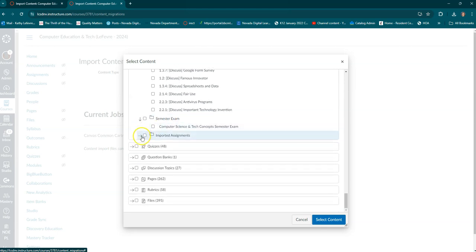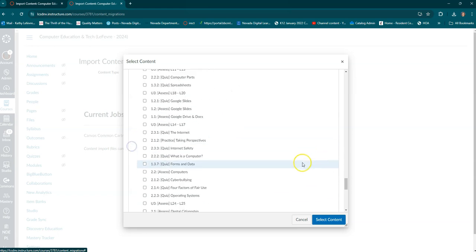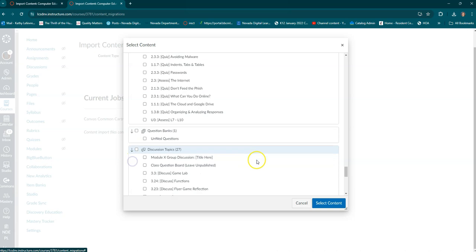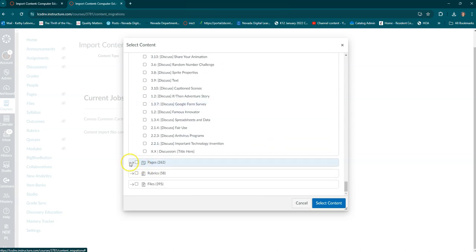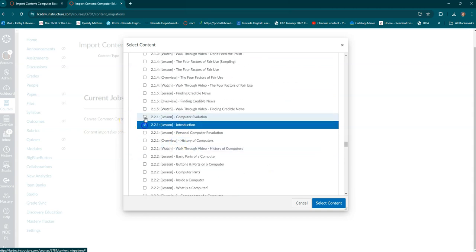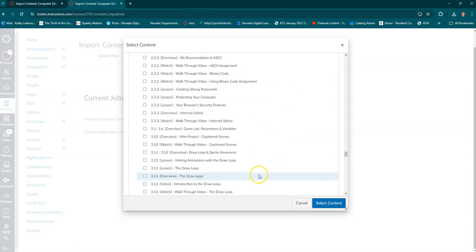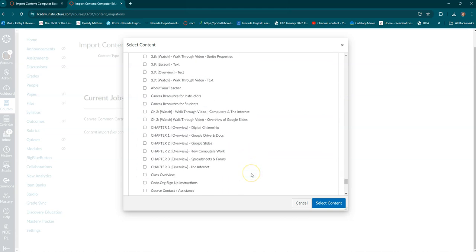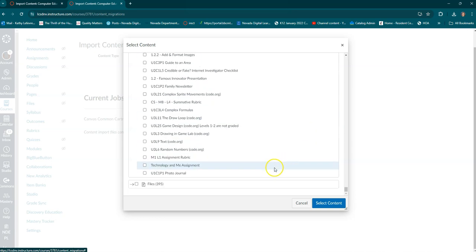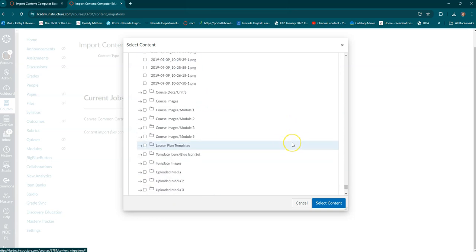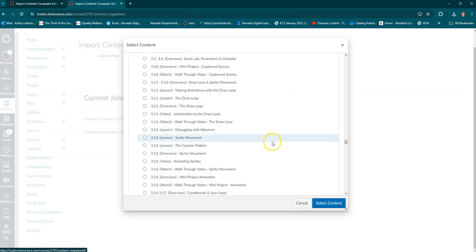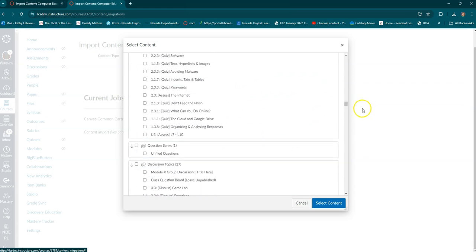Semester exam, imported assignments, any quiz. But as long as I choose the entire module, it'll choose everything within that module and bring it over. This is if I want to get really specific and start choosing individual things. So you can see there's rubrics, different types of rubrics, and then of course there's files. And there's a ton of files in here. But for the purpose of what I'm showing you here, I'm just going to choose